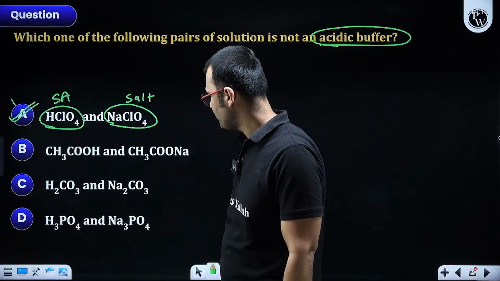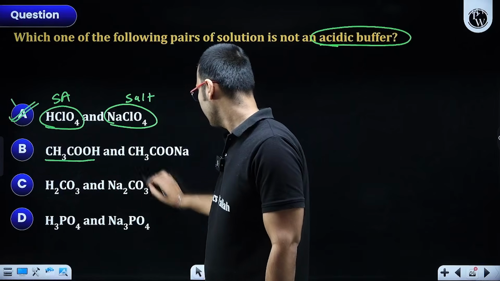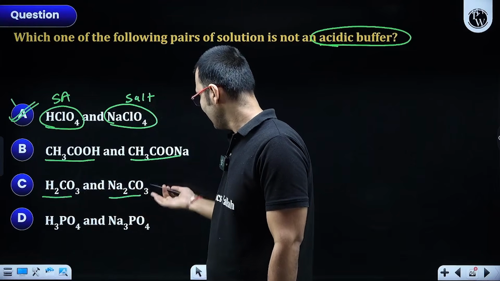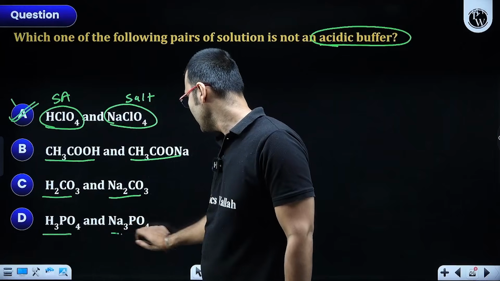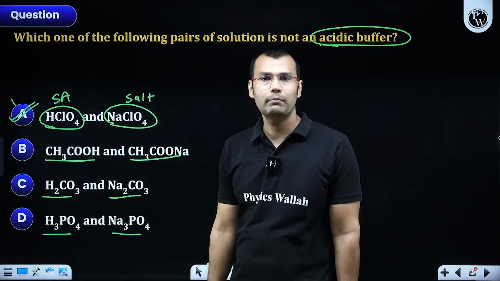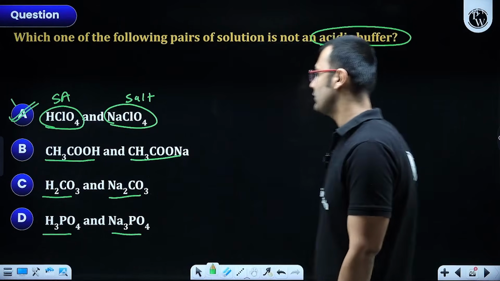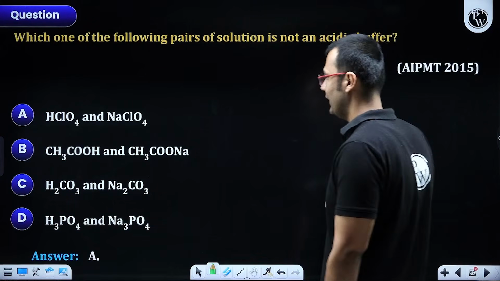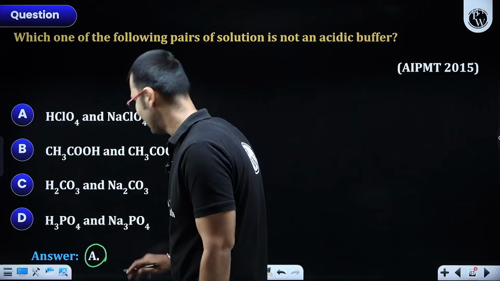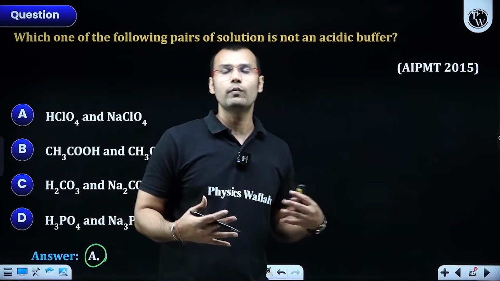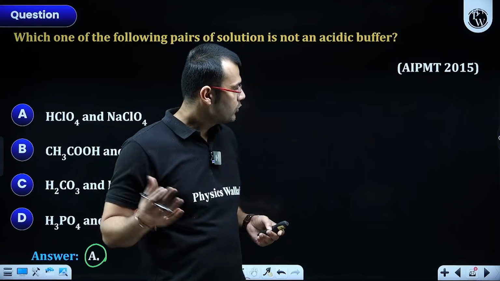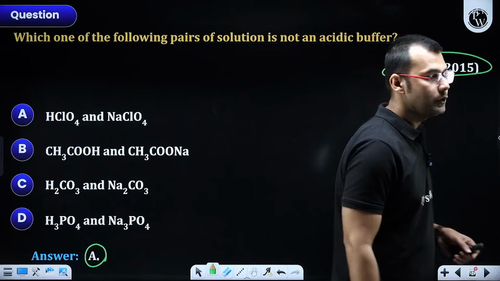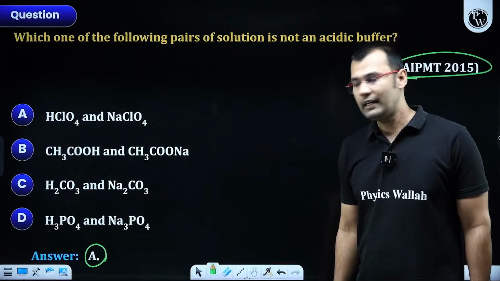And if you check the rest of the options, acetic acid is a weak acid plus salt, an acidic buffer. H2CO3 is a weak acid plus its salt, an acidic buffer. H3PO4 with Na3PO4 can function as an acidic buffer, right? But in the first case, because HClO4 is a strong acid and a strong acid cannot form a buffer, A will be your answer. This question was basically based on how we create an acidic buffer or basic buffer using a weak acid plus its salt and a weak base plus its salt. And this question we got in the AIPMT 2015 examination, right? Now, moving ahead,